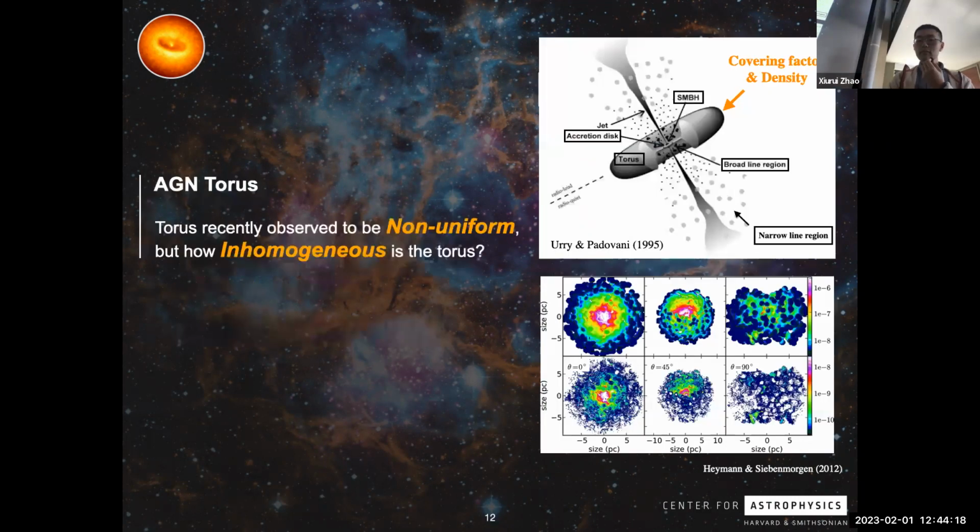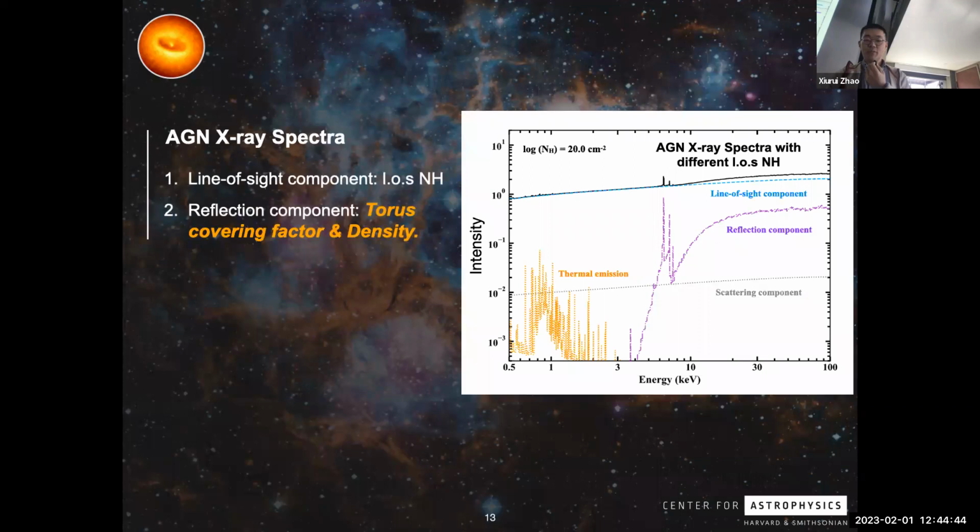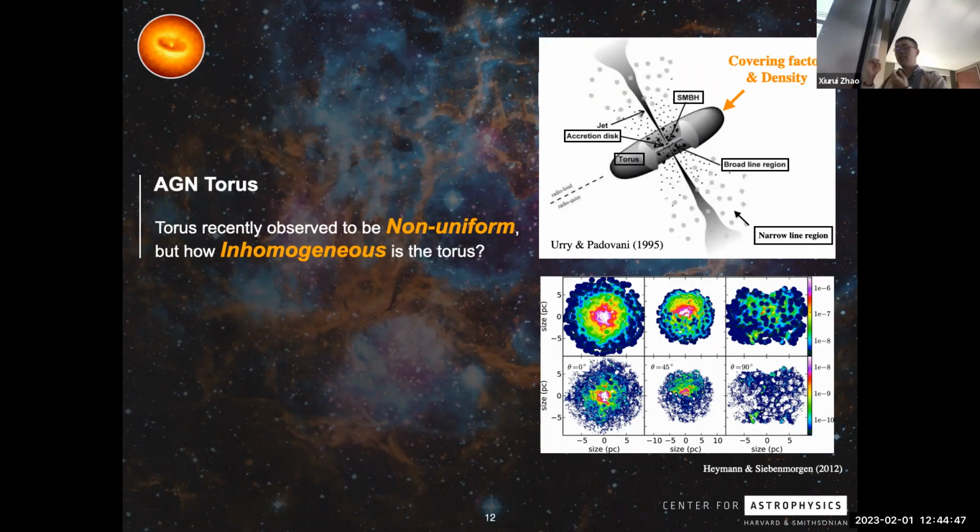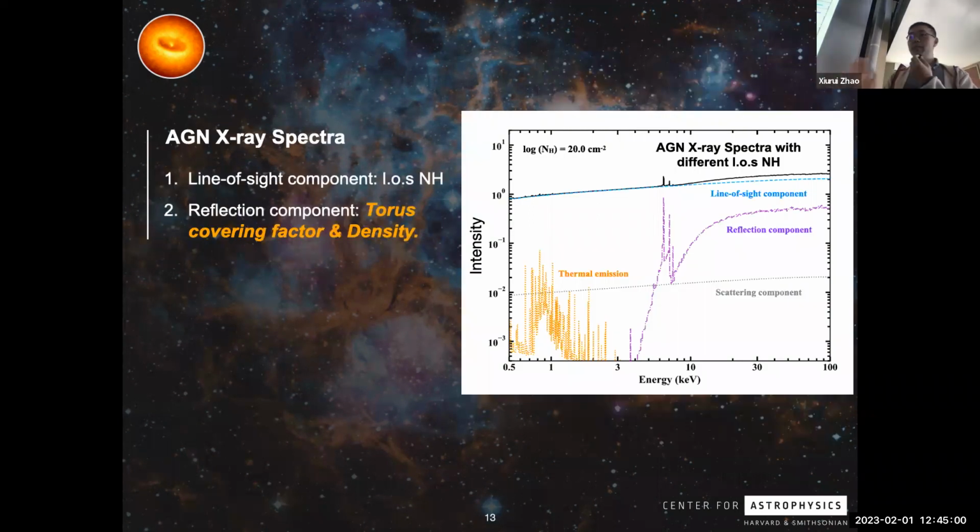And another question we have in recent decades is that we found that the torus is not smoothly structured, as I show in that unified model figure, but it's actually non-uniform, it's inhomogeneous. But we don't really know how inhomogeneous this torus is. In the last few years, we are trying to answer these two questions, the density and covering factor, and how homogeneous this torus is. But before I dive into the results, I want to revisit the AGN X-ray spectrum